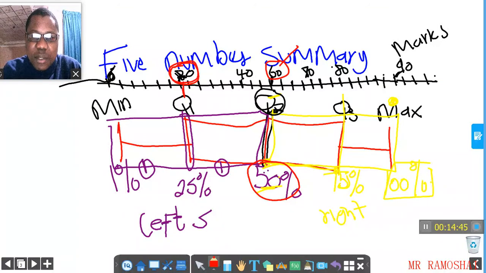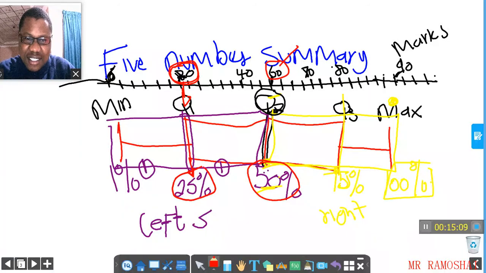Where is it? It is representing quartile 1. So how many percent is quartile 1? Quartile 1 is contributing 25%, right? So listen to what I'm going to say. This 30 marks here. It means in this class